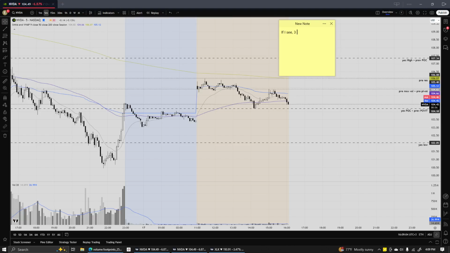If I see 3 POC with positive delta but red candle, or red delta with red candle at the resistance, if this is something I see, I will short the stock with my stop loss above the wick of the three POC candles that I'm watching, and take profit at,